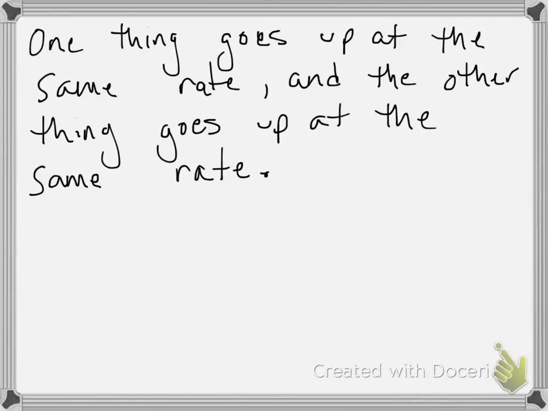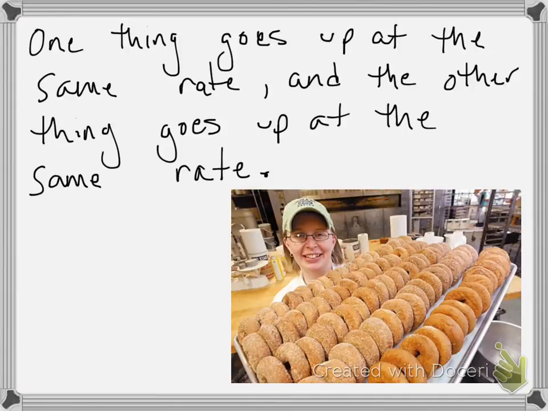Direct variation sounds really fancy, but really what it means is that when one thing goes up at the same rate, the other thing goes up at the same rate. For example, eating donuts. If I sit down and eat donuts, and every 2 minutes I eat another donut, then that's changing. Time is going up and the number of donuts I'm eating is going up. And if they go up at equal rates and their ratio is proportional, we would say we have a direct